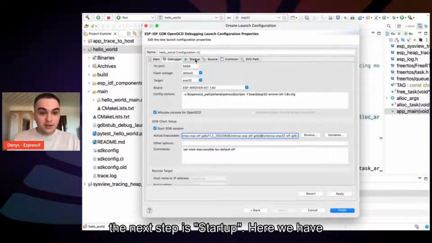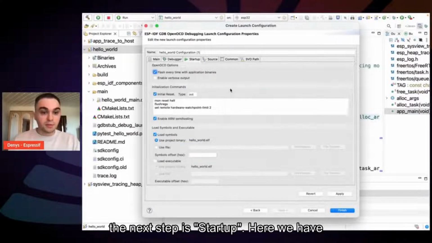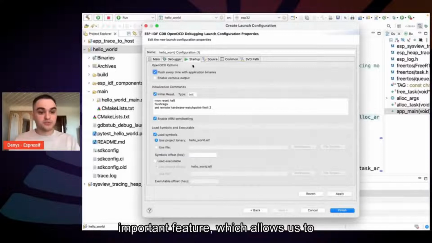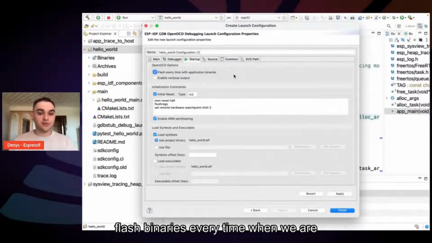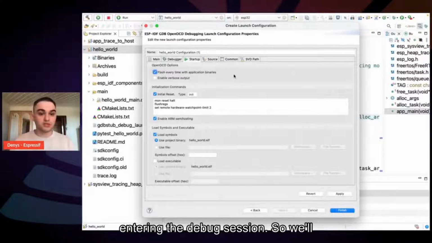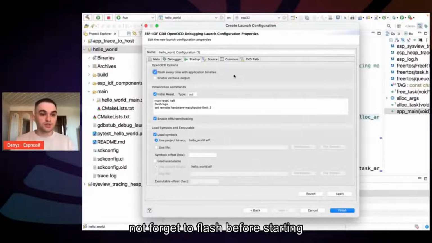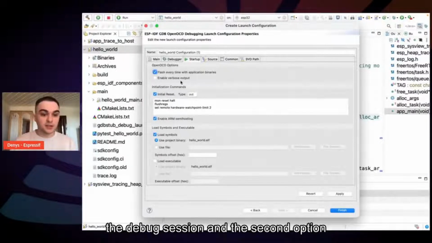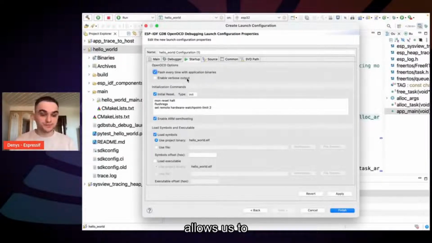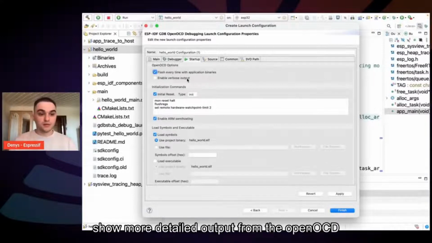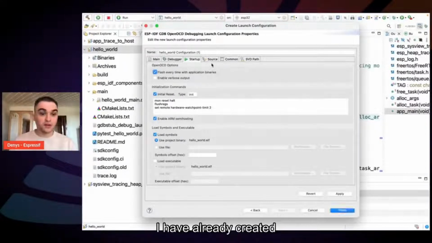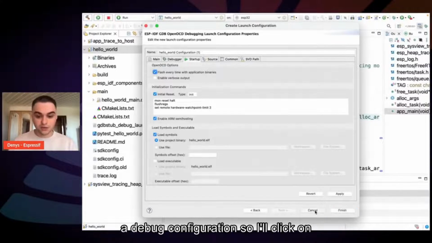The next step is startup. Here we have an important feature which allows us to flash binaries every time we are entering the debug session, so we'll not forget to flash before starting the debug session. And the second option allows us to show more detailed output from OpenOCD. I have already created a debug configuration, so I'll click on cancel,